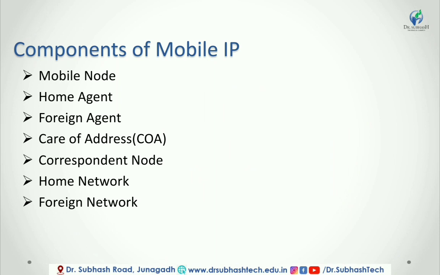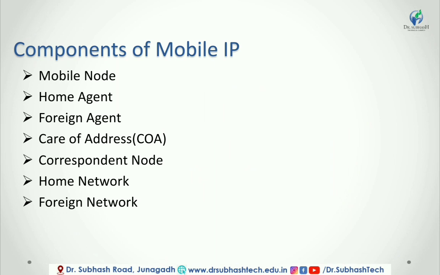The foreign agent can also provide security service because they belong to the foreign network as opposed to the MN which is only visiting. In short, foreign agent is the router that may function as the point of attachment for the mobile node when it roams to a foreign network, delivering packets from the home agent to the mobile node.